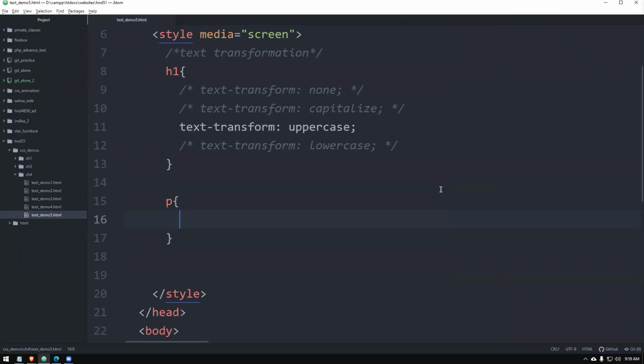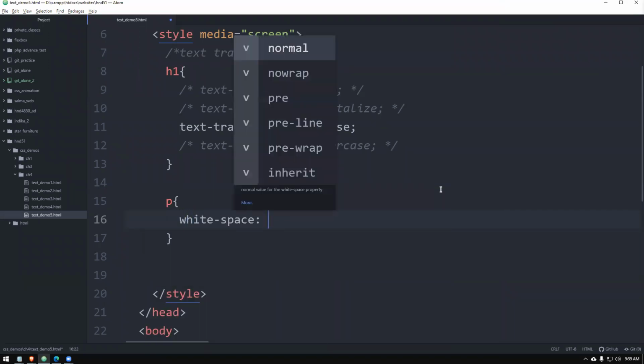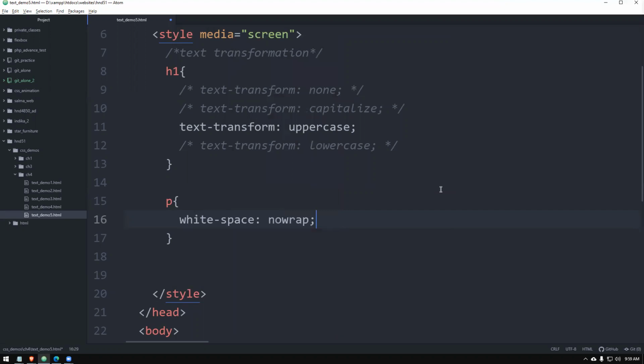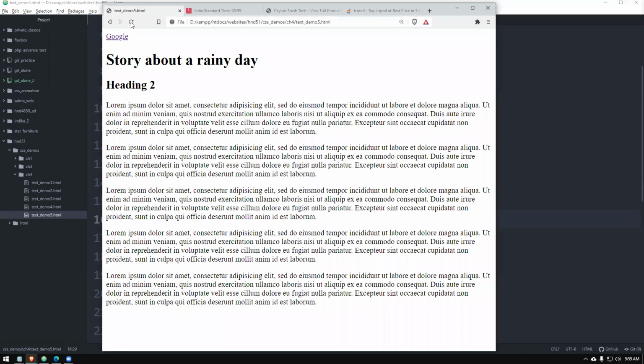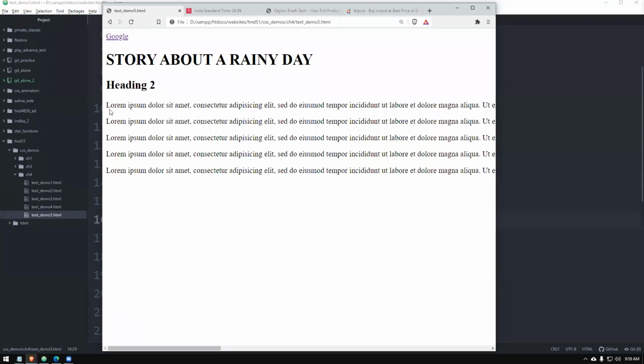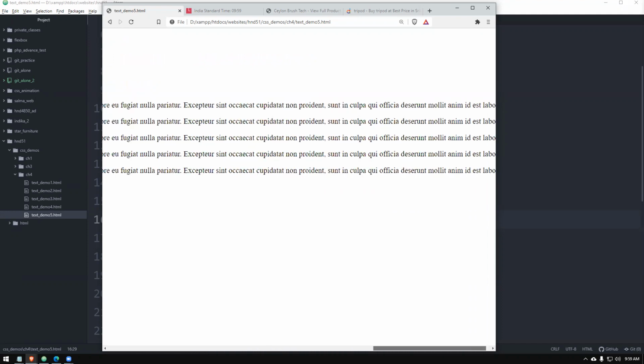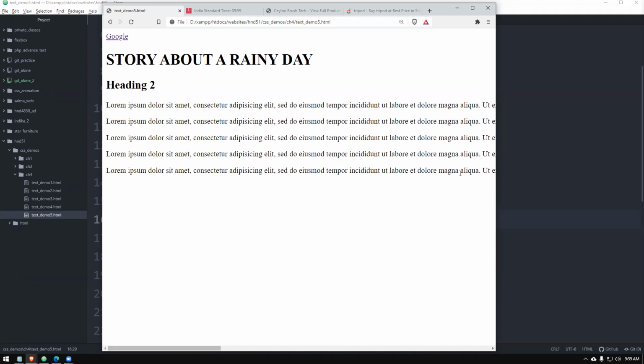There is a property called white space. If we give the property as no wrap, what will happen is the text will go from left to right with no word wrapping, which means it will not automatically come to the next line. If you have a necessity to do something like this, if you want to create scrolling text across your page, it should not go to the next line under any circumstances. You can think of doing this, but it's very rare. Just for a change, you can practice and see how it works. All of you can put your hands down now, children, so I know who has done and not done, and you can practice this and finish it off very quickly.